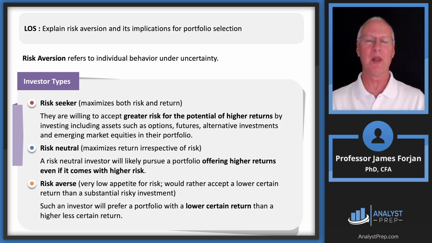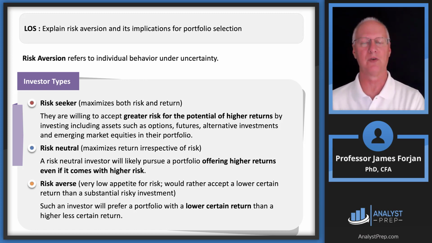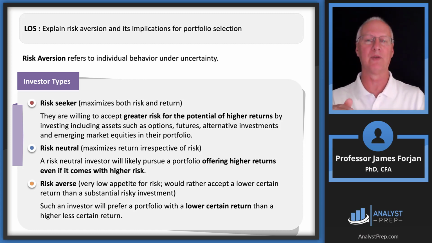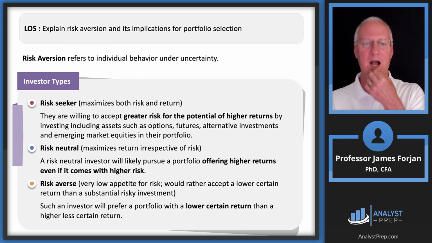Now, what this implies is that these risk seekers might be more amenable to investing in derivative securities like an option contract or a futures contract, and maybe even emerging market equities. Now, we need to put a comma next to some of these sentences here. The reading doesn't get into much more than what we have on the slide, but there's probably a comma in that,